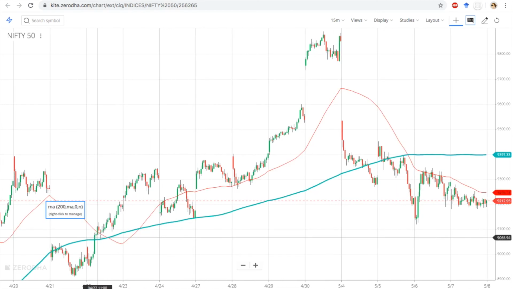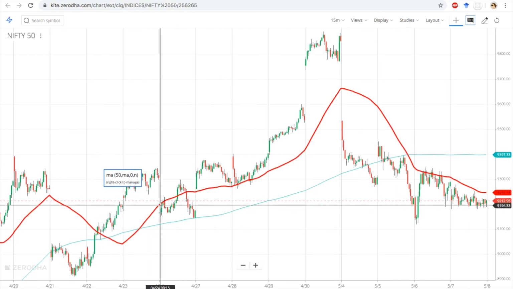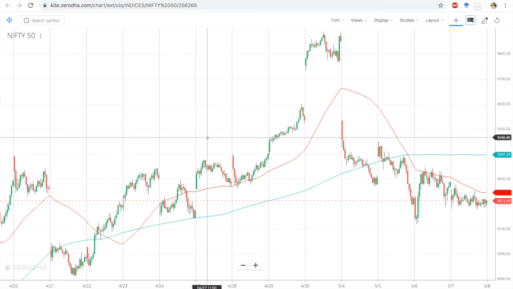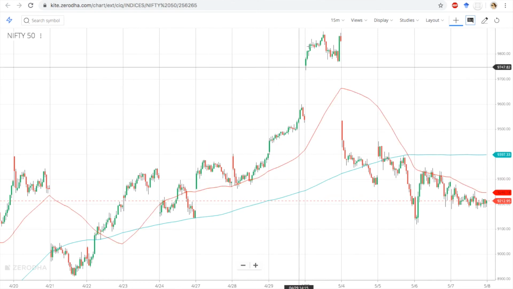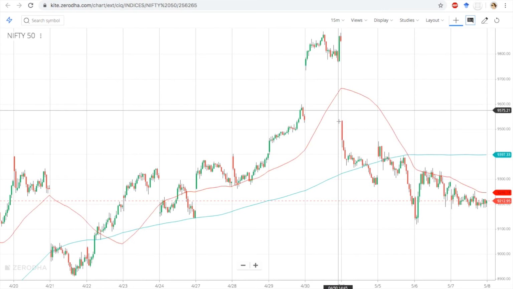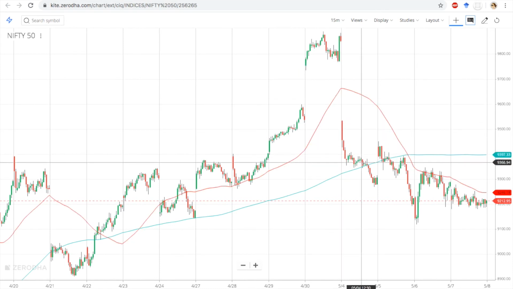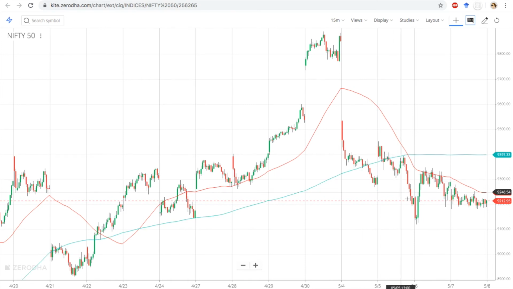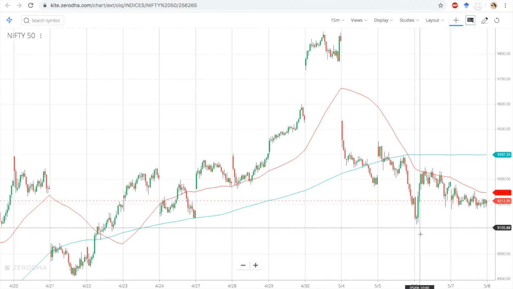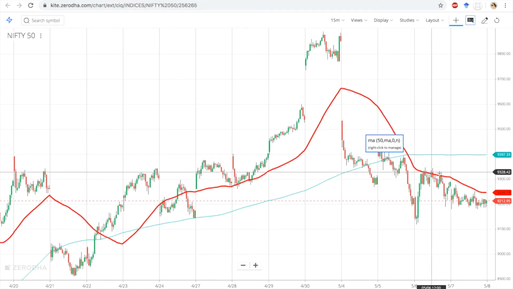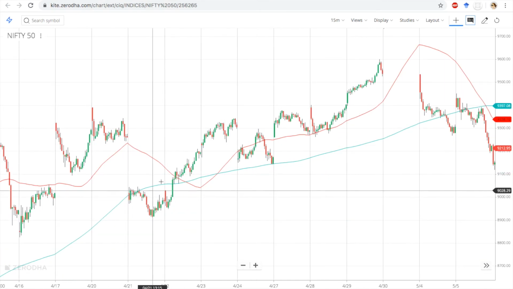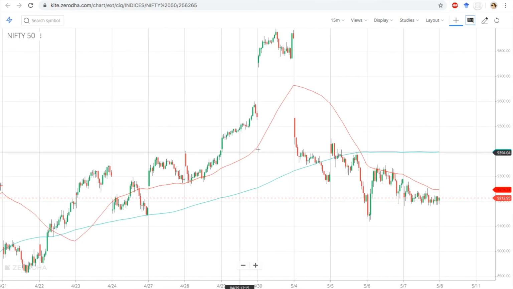Beautiful, it goes up and down, breaks down the 50-day moving average, again goes up, down taking support at the 200 moving average, goes up taking support at the 50-day moving average, goes up, down, breaks down the 50-day moving average, strong selling, came back to the 200 moving average, again down, so breaking of the 200 moving average, again goes up, down, now taking resistance at the 200, down, taking resistance at the 50-day moving average.